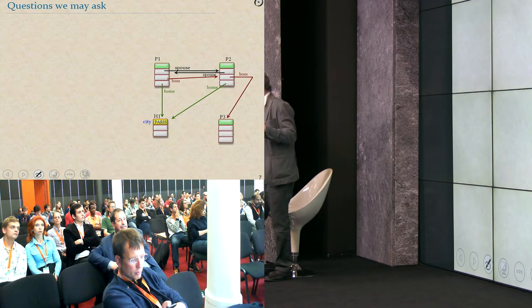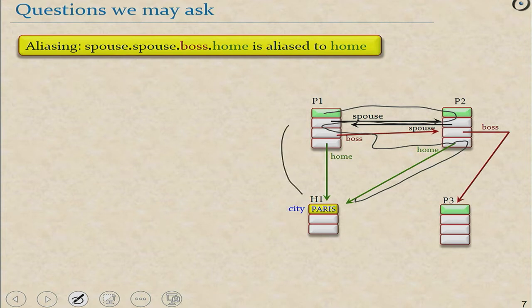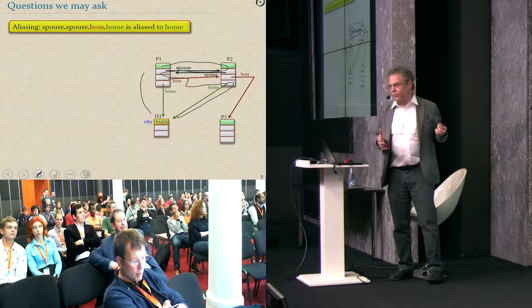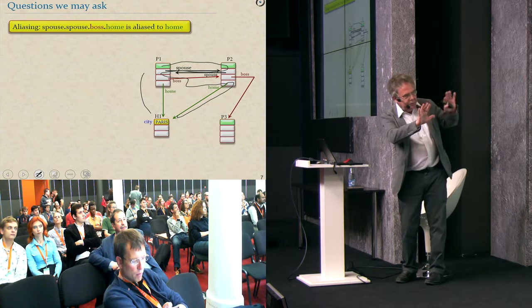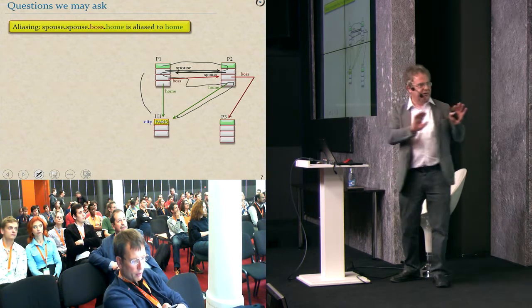And it's not just for the sake of drawing nice pictures. So we are going to be able to answer questions such as aliasing. I mentioned this already. So in this particular case, as you can see, spouse.spouse.boss.home is the same as home. It's an alias to home. That is to say, well, this is a pretty complicated situation here, actually a pretty dangerous situation in which